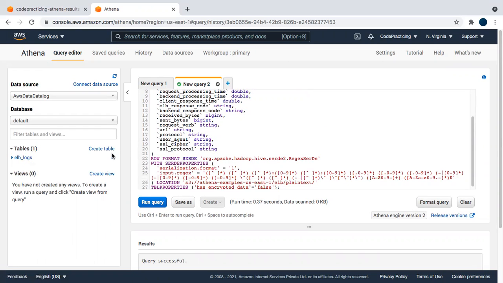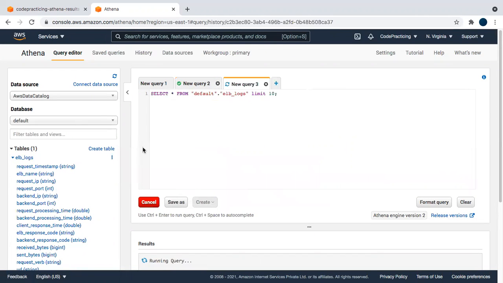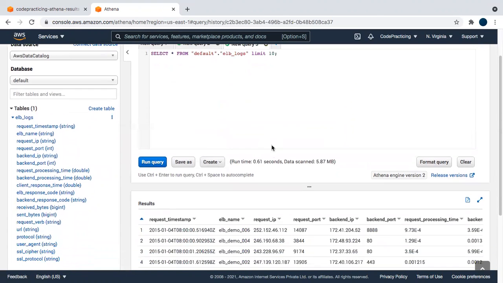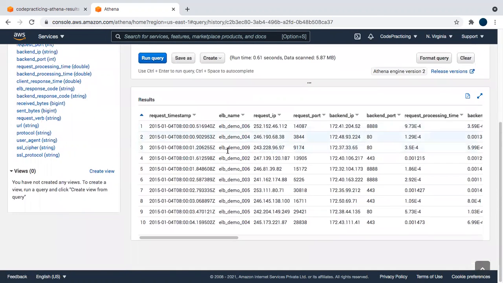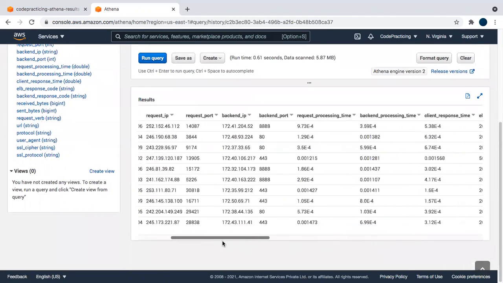Okay, so now we'll check our table. Click on preview table. Run the query and we got our output. Look.